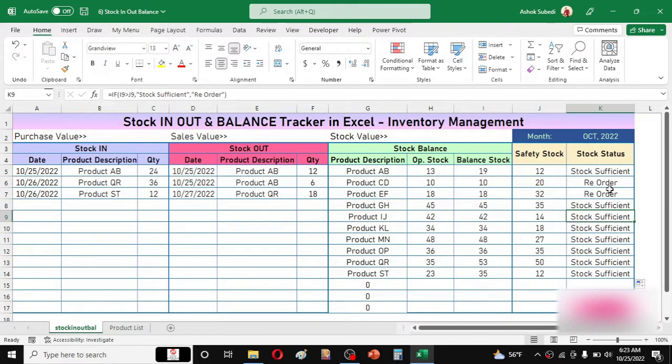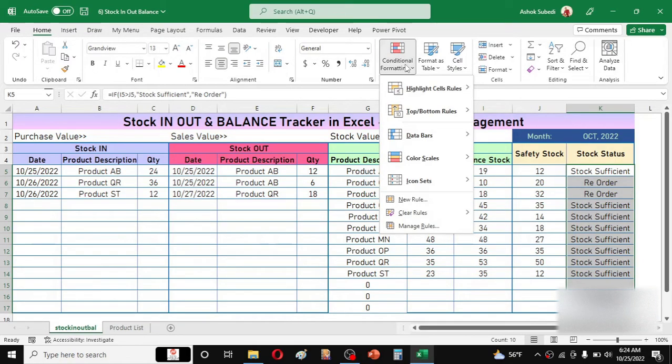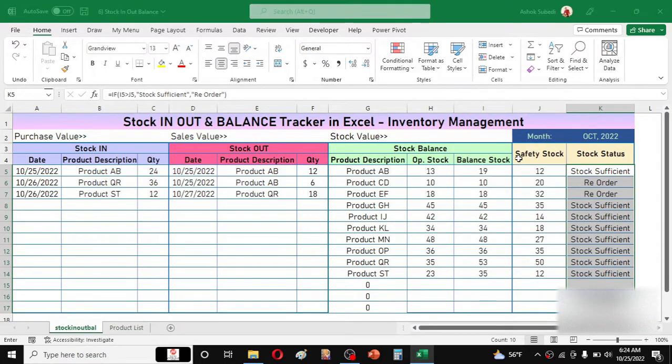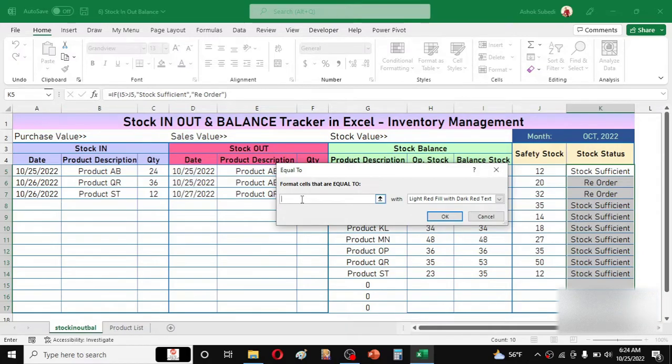And after doing this, we need to use conditional formatting in this column to display the color difference for stock sufficient and reorder. If stock is sufficient, we have to display it with a green color highlight, and if reorder is given here, then we have to display the color red. So select this column, then go to the Home menu, then conditional formatting, highlight cell rules, then the equal to option, and here we have to type stock sufficient,